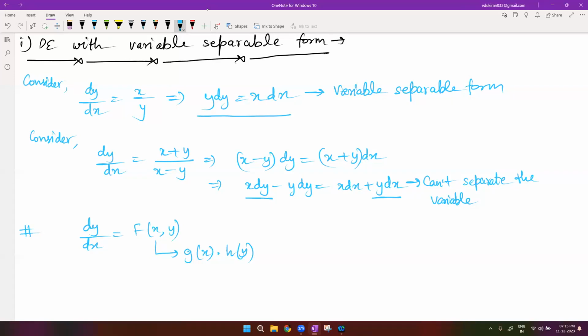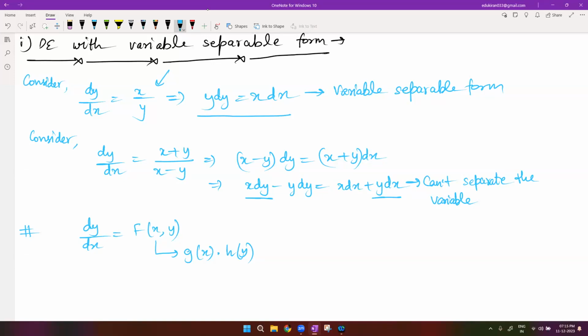So your right hand side function can be like this. In this first example, observe that this g(x), that is the function of x, is x, and the function of y is 1 upon y, right? So we can always separate x and y. It means that we can write this right hand side function f of x comma y as g(x) into h(y). इसका मतलब ये है कि मैं x का एक अलग फंक्शन बना सकता हूँ, y का एक अलग फंक्शन बना सकता हूँ,